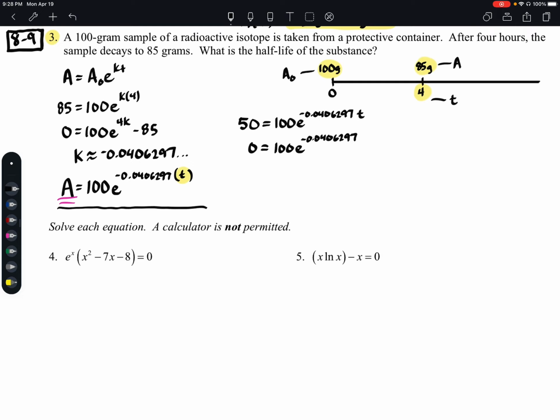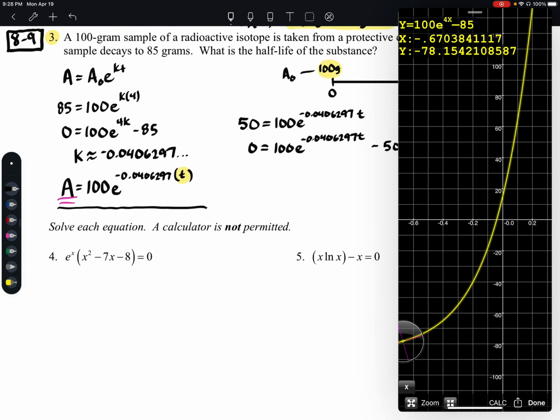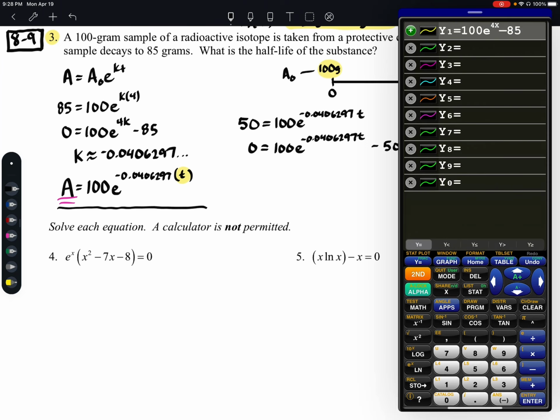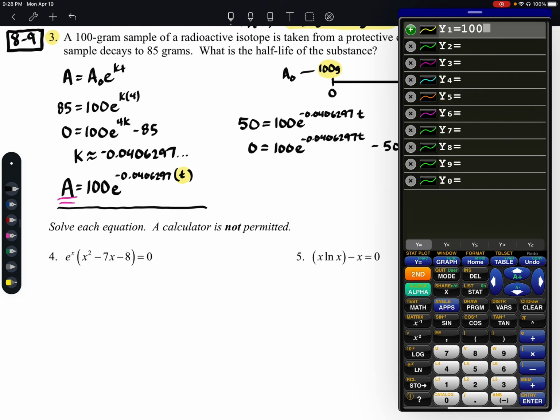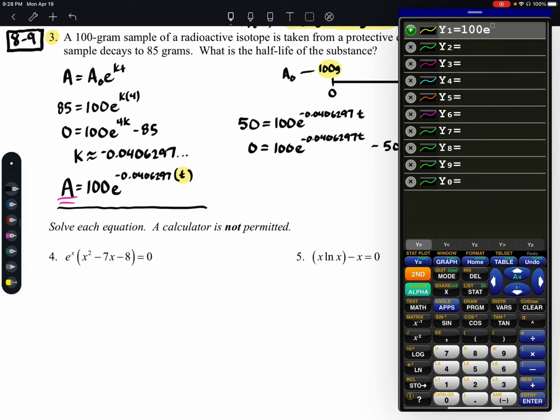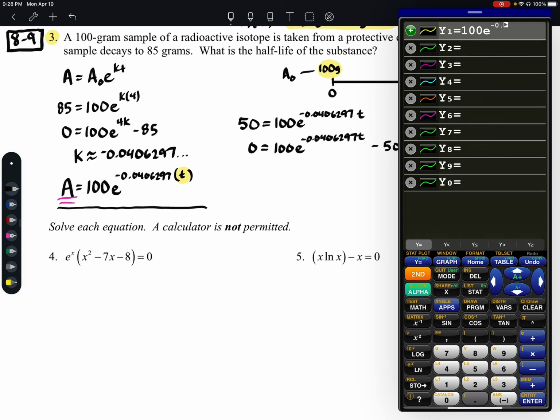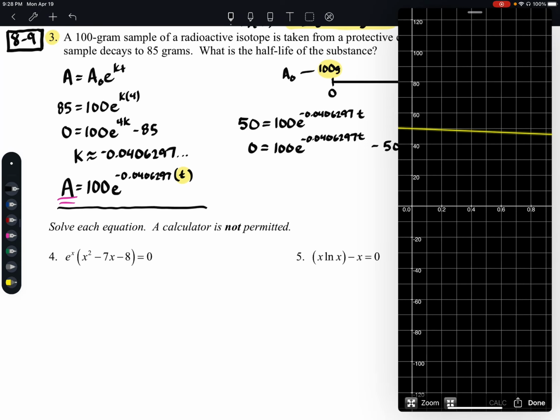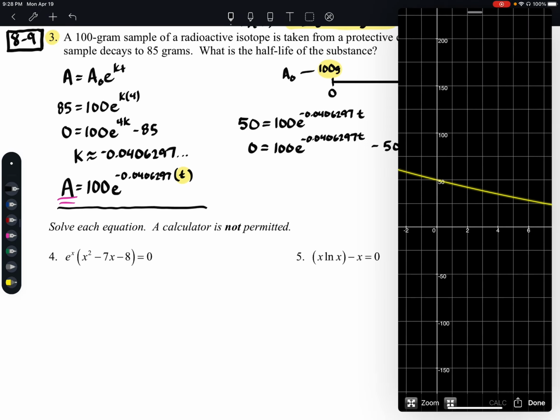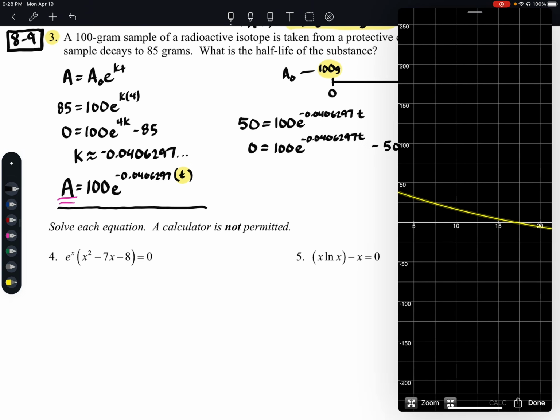And here we go. Go in, clear it out. We have 100 times E raised to the power of negative 0.0406297, we'll call it X on there, and then we'll arrow down and put minus 50. Okay, so we graph it, and you can see that it is going down until we get to